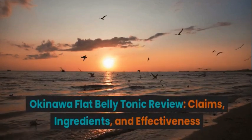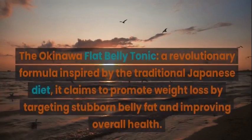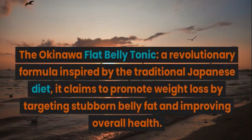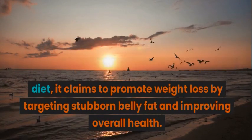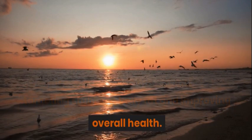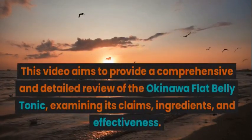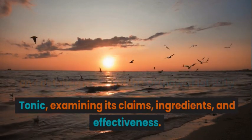Okinawa Flat Belly Tonic review, claims, ingredients, and effectiveness. The Okinawa Flat Belly Tonic, a revolutionary formula inspired by the traditional Japanese diet. It claims to promote weight loss by targeting stubborn belly fat and improving overall health. This video aims to provide a comprehensive and detailed review of the Okinawa Flat Belly Tonic, examining its claims, ingredients,